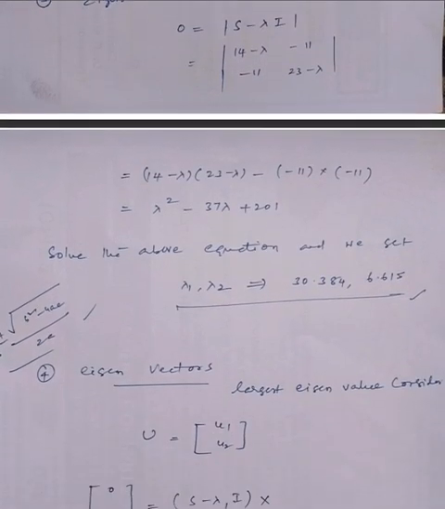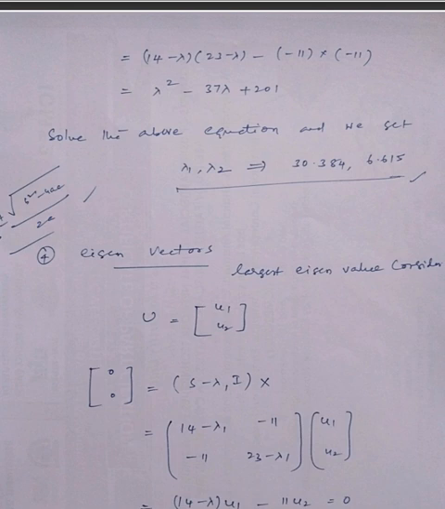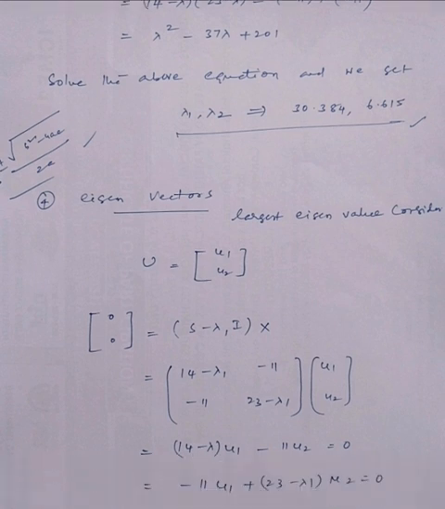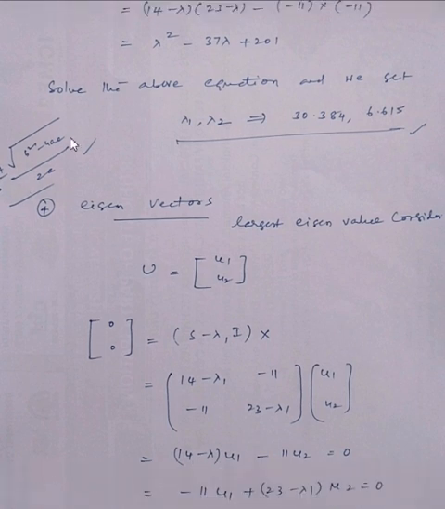Two eigenvalues we will get. So the equation will be 11 lambda square minus 37 lambda plus 201. For this we know how to calculate the values of a second degree polynomial algebraic equation. We can use the formula minus b plus or minus root of b square minus 4ac by 2a, or else we can directly calculate the factors. So we will get the values like lambda 1, lambda 2 as 30.38